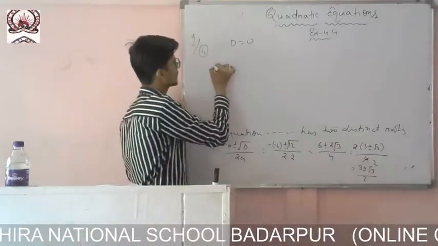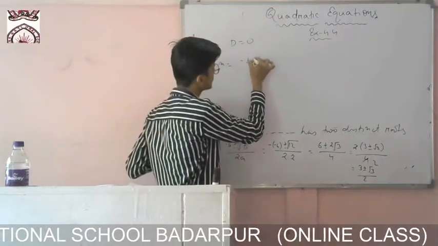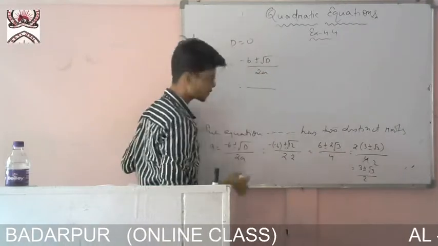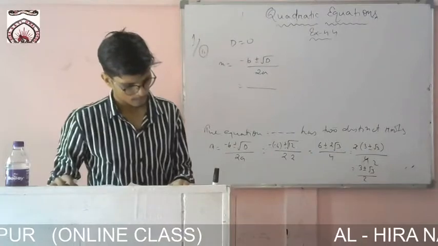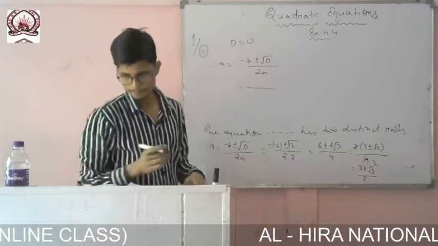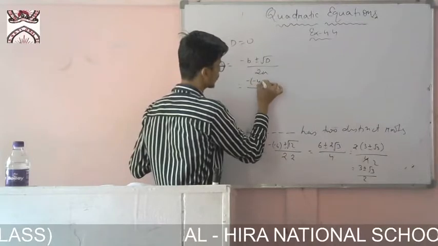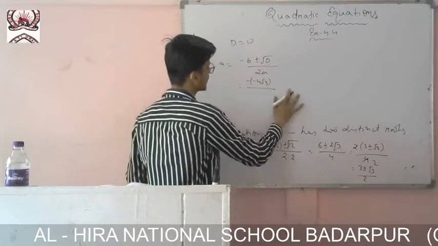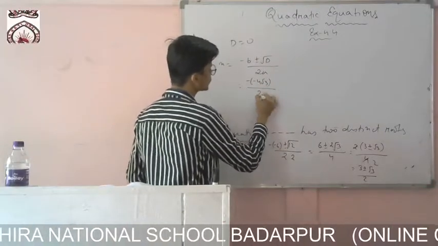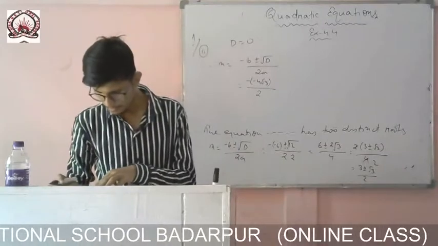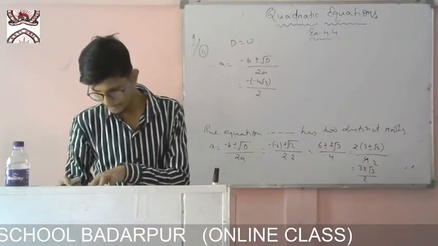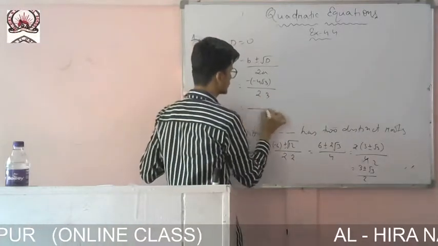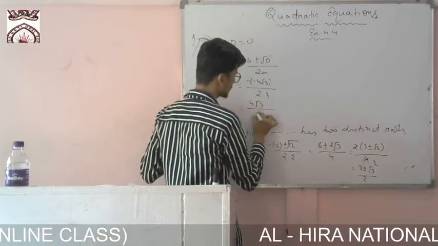The formula for x will be equal to minus b plus minus root over d by twice a. So minus b, what was it? You see in your book, minus b it was minus 4 root 3. So minus 4 root 3 and discriminant 0, so no need to write this one, and there it will be twice a. So 2 into what is a here? You see in your book, it is 3. So 2 into 3. So the answer came 4 root 3 and there came 6.